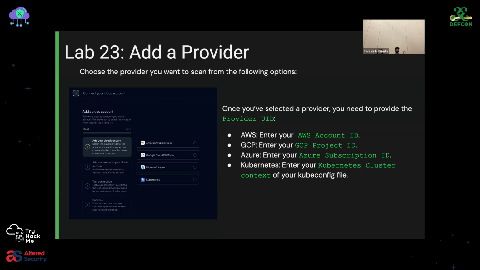But if you don't want to do that and you want Prowler to scan everything, what's nice to do is to use the correct credentials for the role that has all the permissions. Depends on where you run Prowler. You can run Prowler from AWS. Okay, but in this case, I want to use